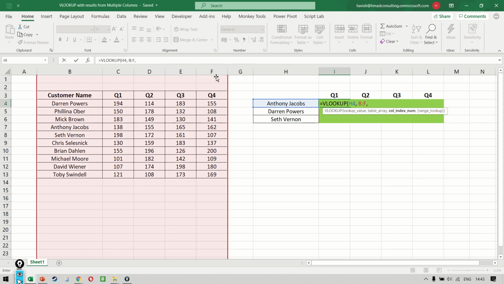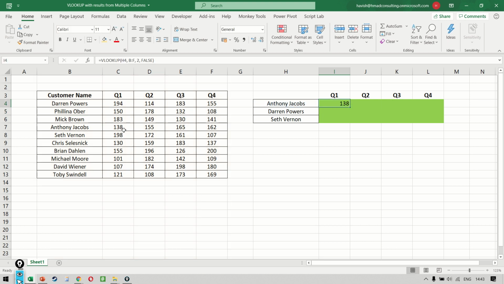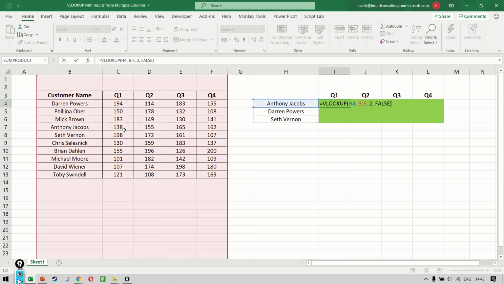Now, if I wanted quarter one, obviously we would have written 2 with an exact match, and this would have given us 138 for Anthony Jacobs, which we can see here. But what we want is to get column number 2, 3, 4, and 5. And to do that,